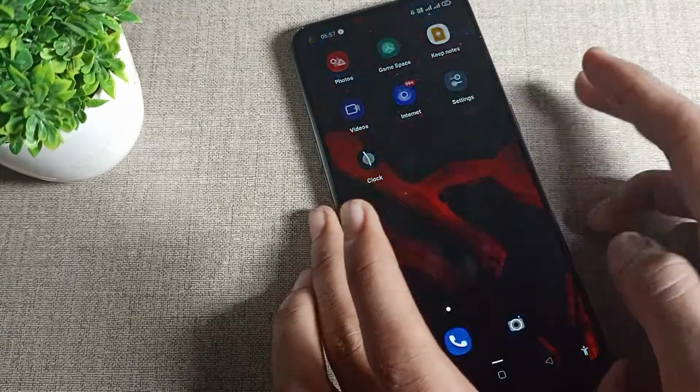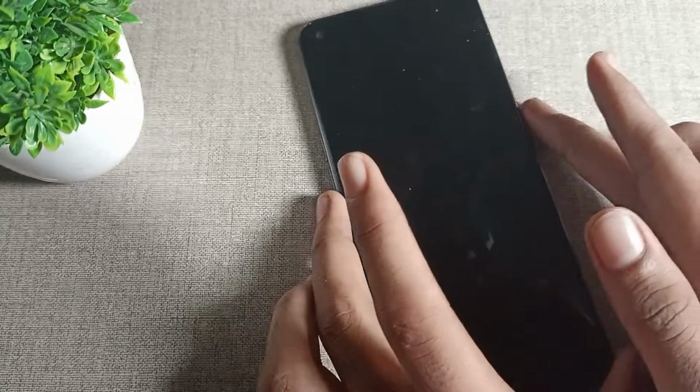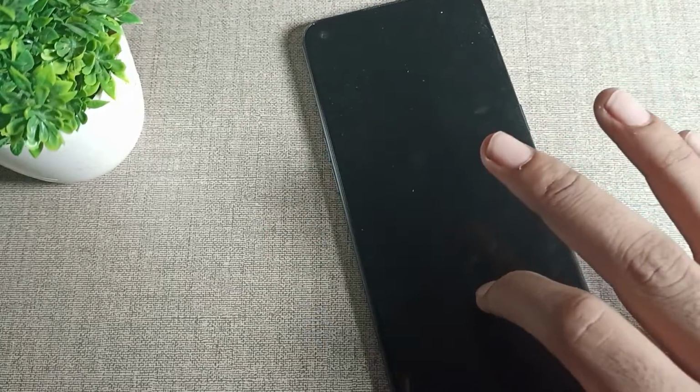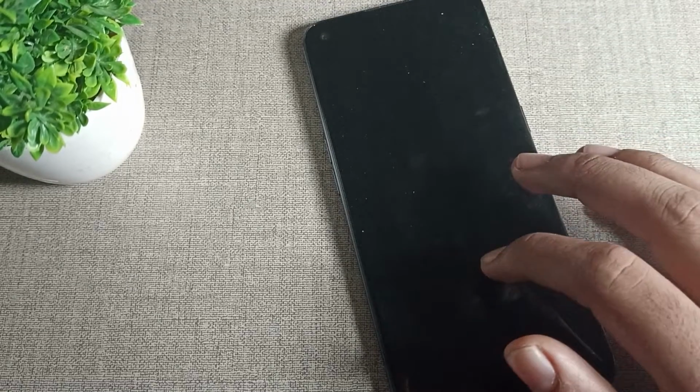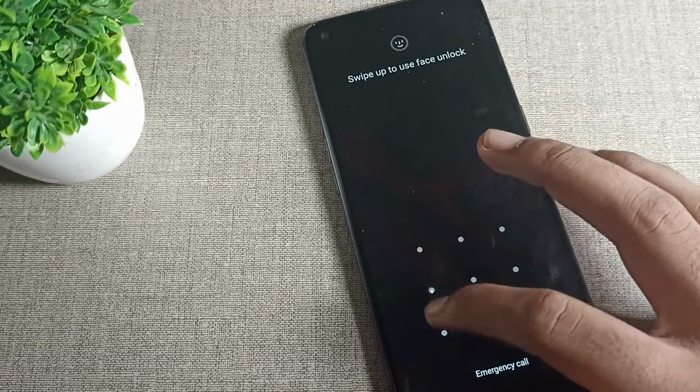Suppose your phone screen is off, and you want to turn on your screen without pressing the power button. So how can you turn it on? Friends, you can see you can double tap to wake your screen. One second, guys, you can see double tap to wake screen and double tap to turn off screen, you can use it. So it's like that, guys, we can enable the double tap to wake screen setting and we can use